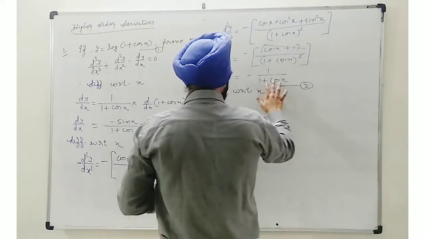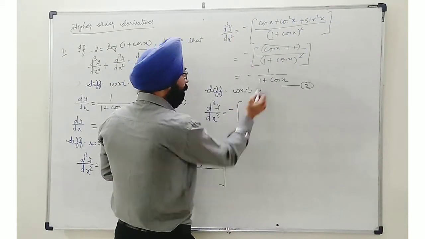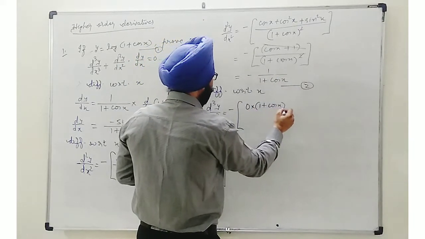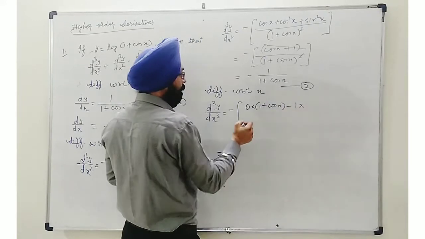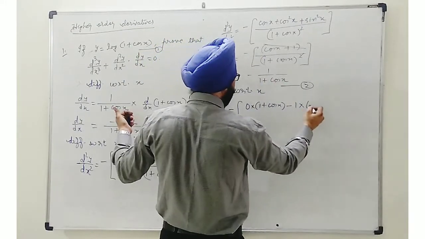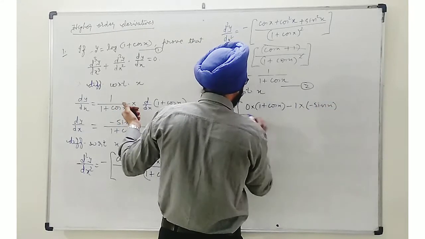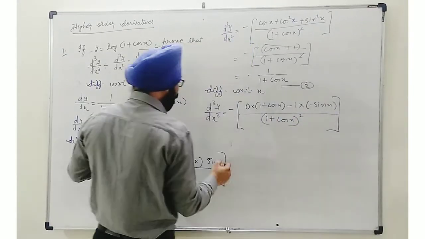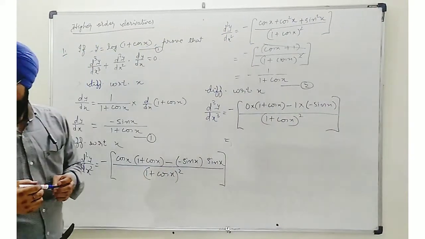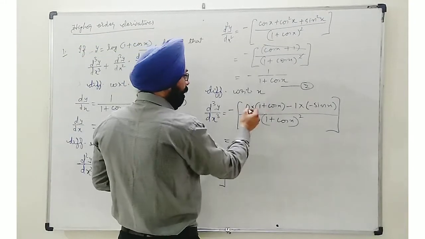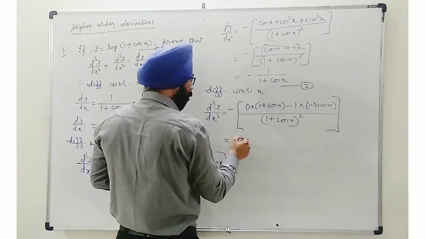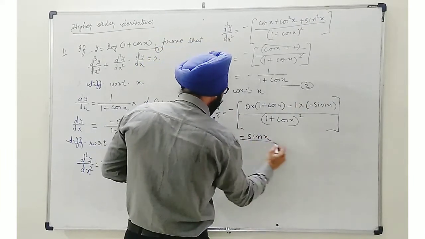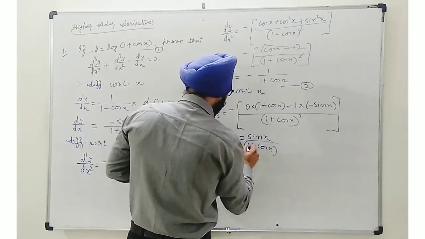1 upon 1 plus cos x. So minus sign as it is, differentiation of numerator is 1, will turn 0, into denominator 1 plus cos x as it is, minus 1, no change, 1 plus cos x differentiation already we have done, so we will use it directly, minus sin x upon 1 plus cos x, the denominator, this square once again comes out. Here we get this term completely 0, minus sin x into minus 1 will become plus sin x, minus sign is waiting outside, so this will become minus sin x upon 1 plus cos x whole square.